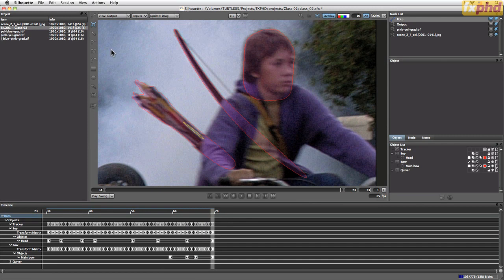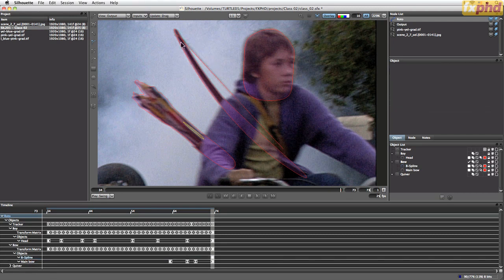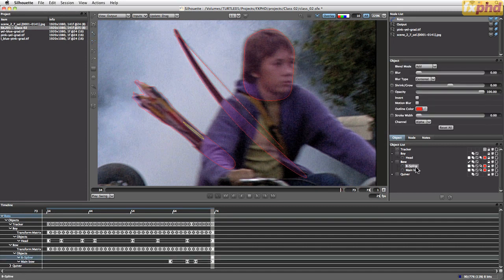Now, depending on how we're going to be delivering this shot, or the result of this shot, it very much depends on how we can tackle this particular problem. So one of the nice features of Silhouette Effects is the fact that we can have open splines. And this is actually really cool for things like hair strands and wires. So if I come in and just create a fairly basic shape here, just with three points on it, hit escape. We've now got my B-spline here. Let's call this my